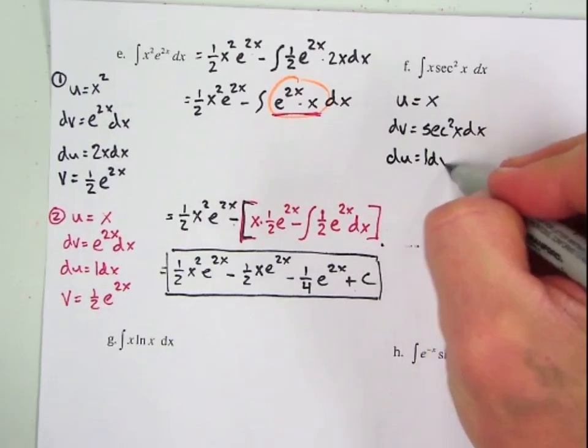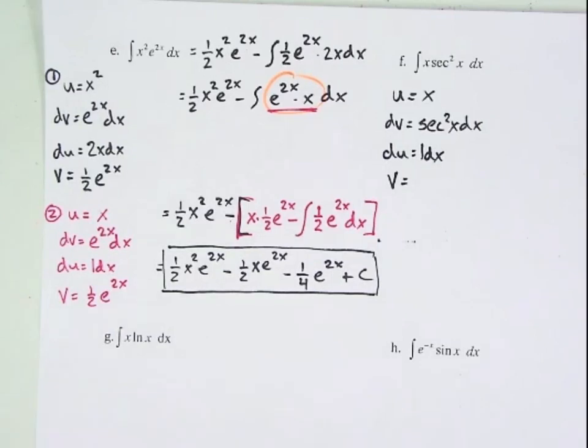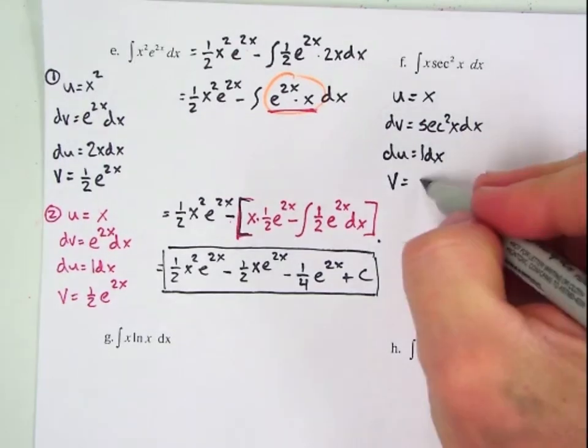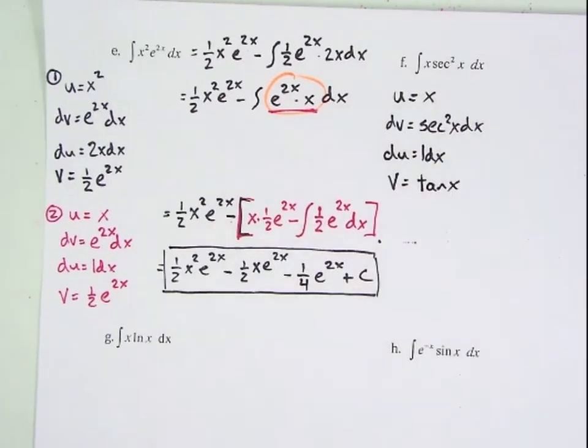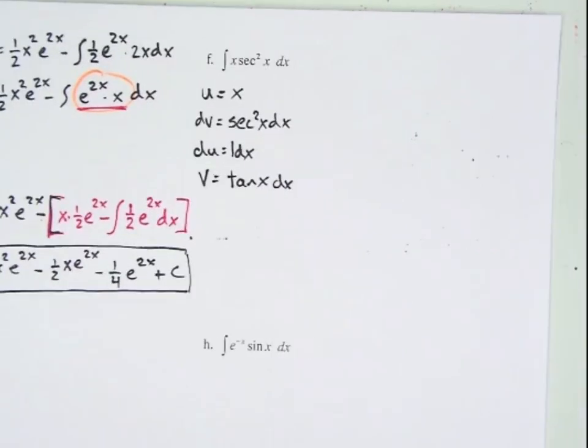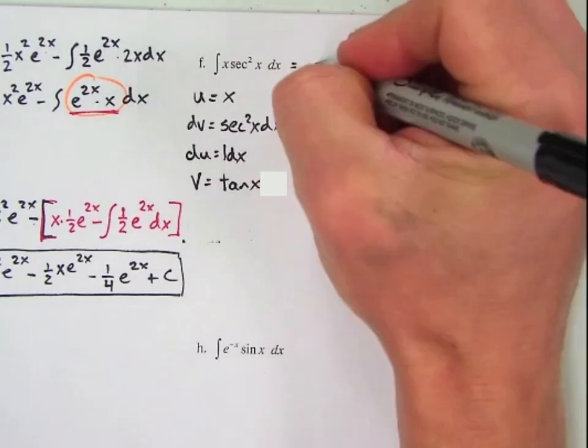v equals the integral of secant squared. Doesn't it turn into secant x tan x? No, it's the other way. This one is just tan x. This is going to be a one-stepper. So uv: x tan x minus